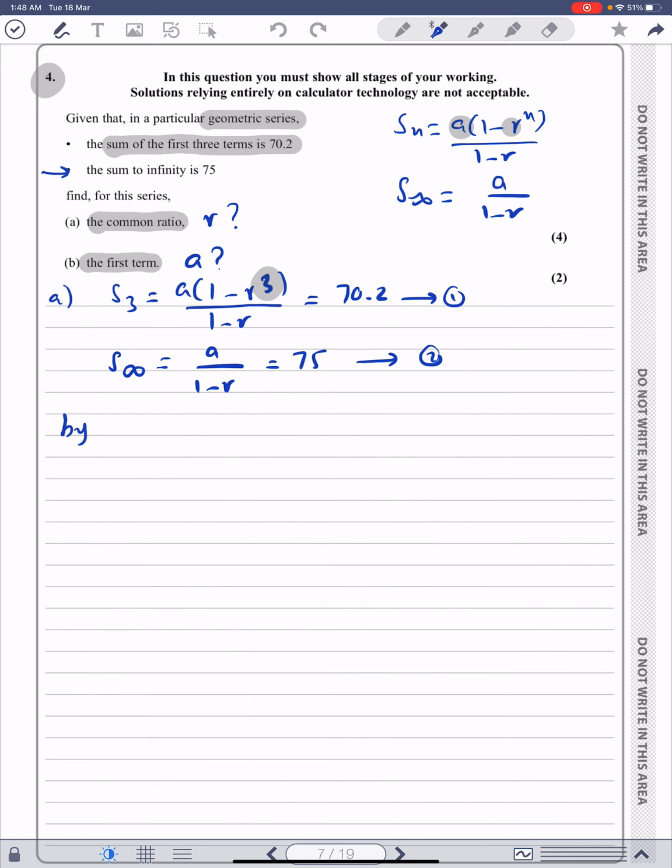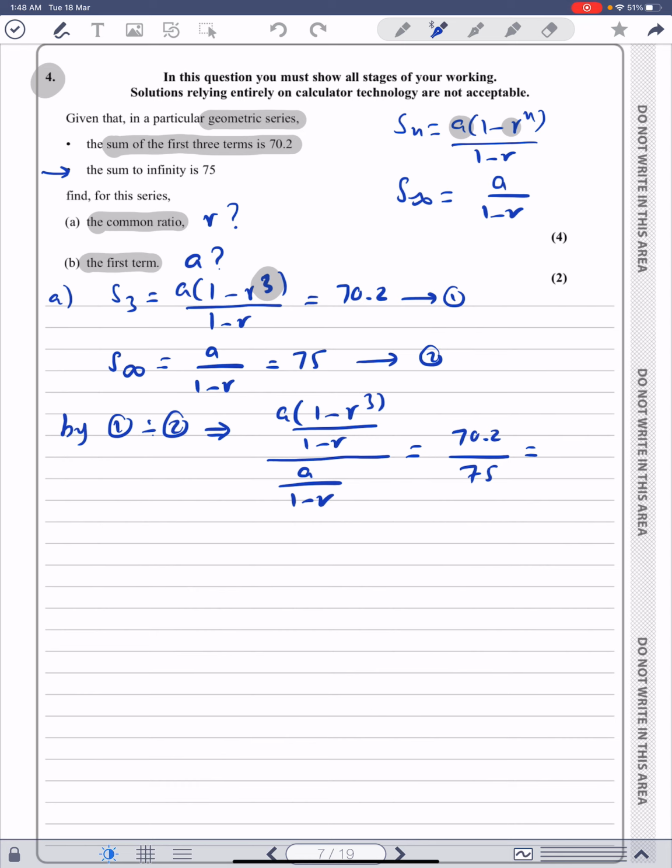So getting a times 1 minus r cubed over 1 minus r, all divided by a over 1 minus r. On the other side, 70.2 over 75. We use the calculator